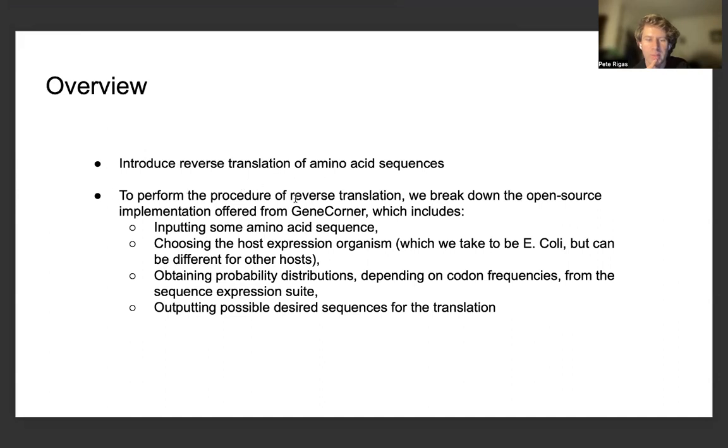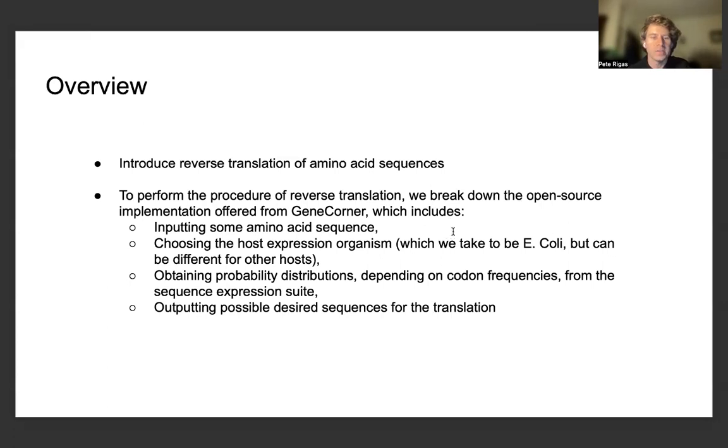the process of performing the procedure of reverse translation, which we're going to break down from an open source implementation that's offered from Gene Corner, and how one can also make use of the intermediate file steps and intermediate procedures that are offered by Gene Corner for being able to look at reverse translation in different host organisms rather than the reverse translation templates that are provided for a couple of publicly available host organisms, which I'll list out and describe